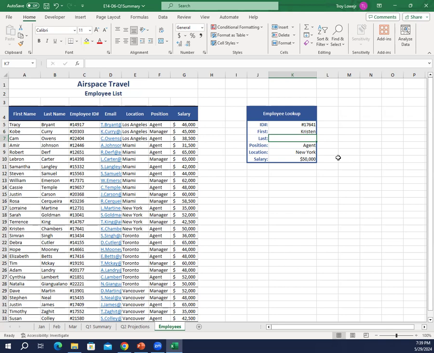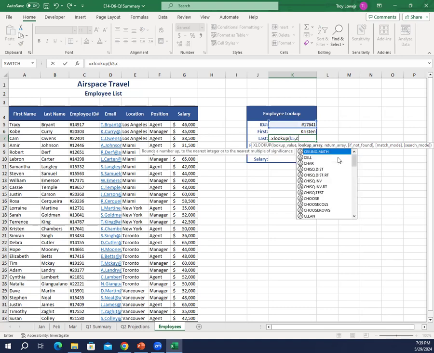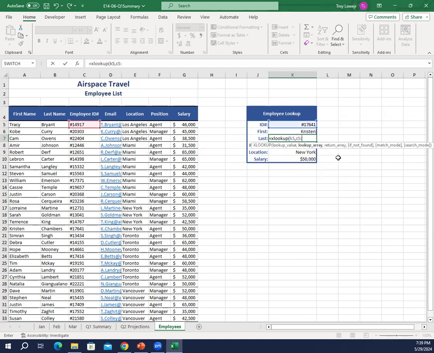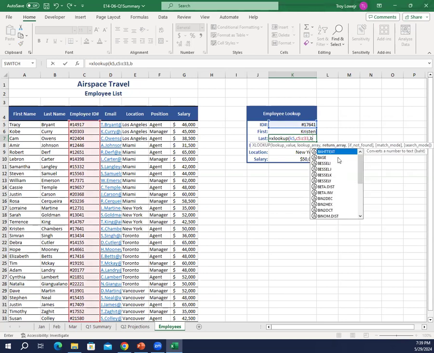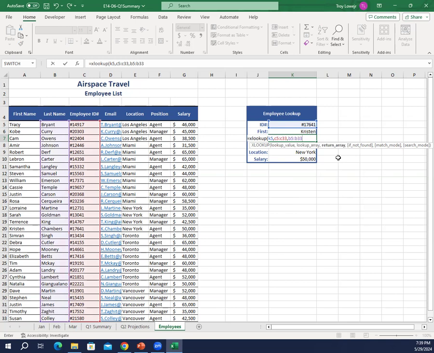So we're going to do an equals XLOOKUP, open parenthesis, K5, comma, C5 colon C33, comma, B5 colon B33,